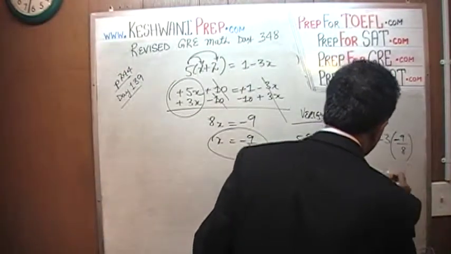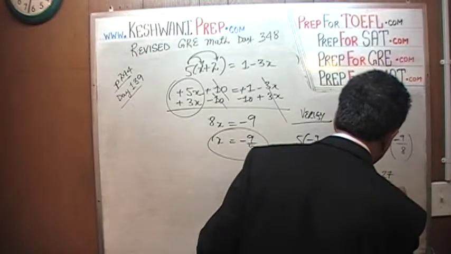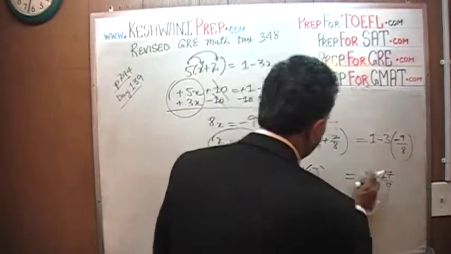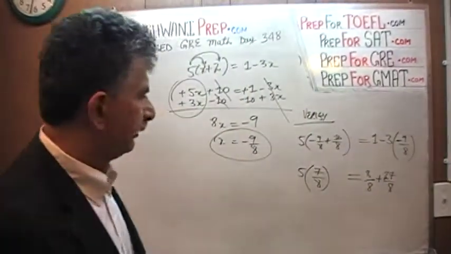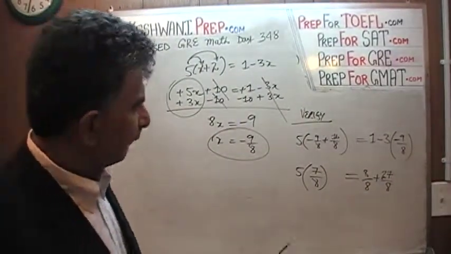Negative 3 and a negative 3 is going to give us positive 27, 8. And this can be written as 8 over 8. Oh, there you go, we're almost done. That's it. This one right here,